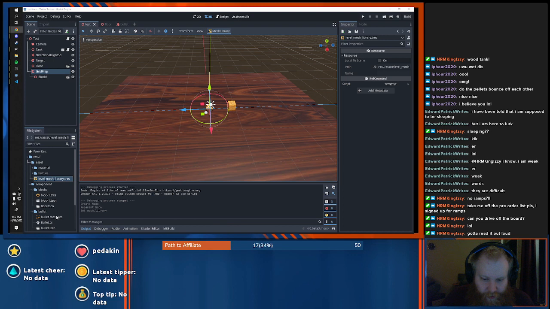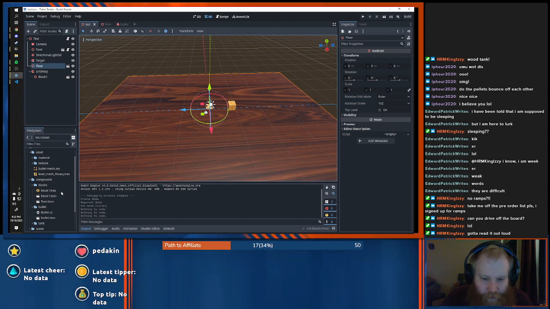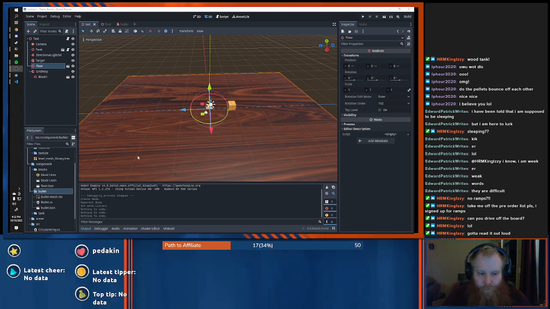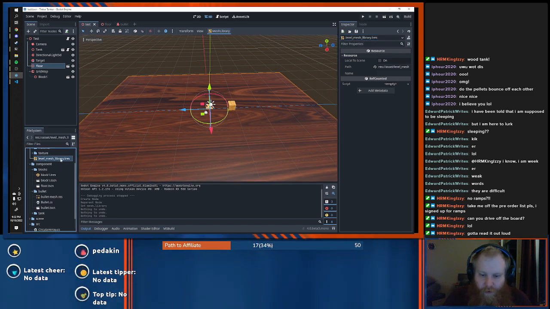Can I just drag mesh onto it? I don't know what that did. I feel like that broke something. Nothing to undo, I just did something. Oh, I moved it. Can I move that back? Okay, all is well. Yeah, there's just nothing I can do with this. Level mesh library.